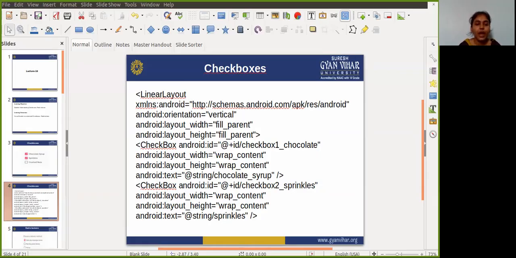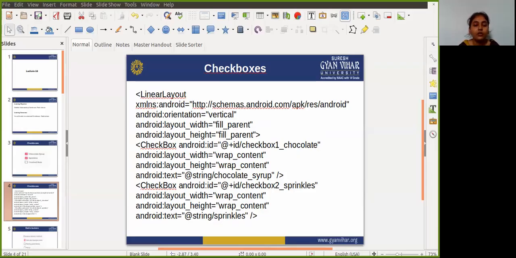Typically a program retrieves the state of a checkbox when a user touches or clicks a submit or done button in the same activity, which uses the Android onClick attribute to call a method such as the onSubmit method. For that we create a button in which we need to provide some attributes like layout width, layout height, and text.